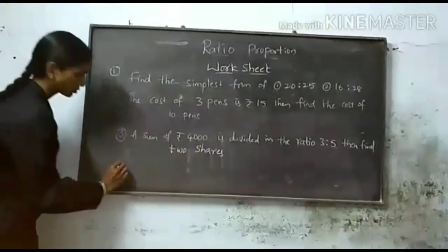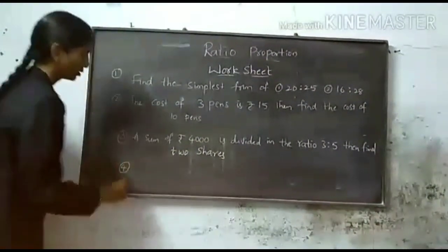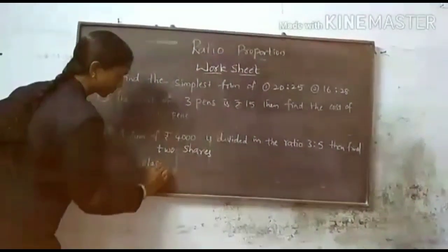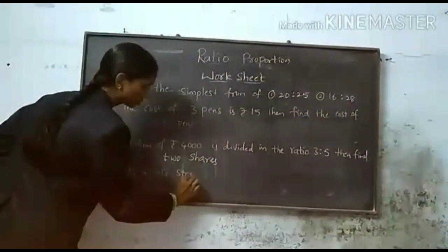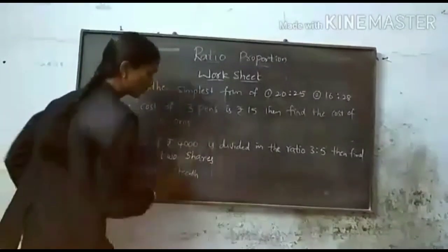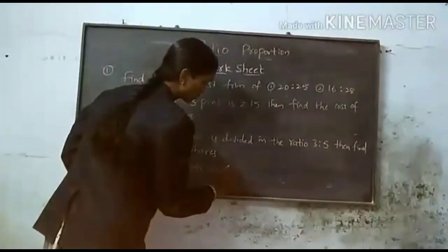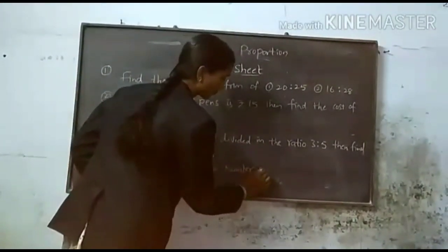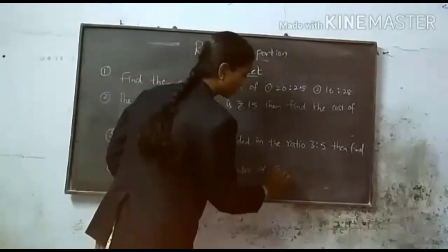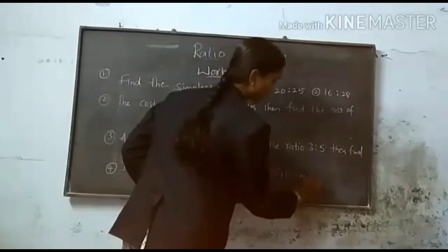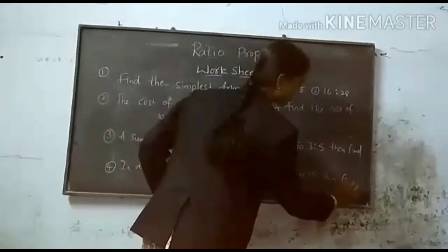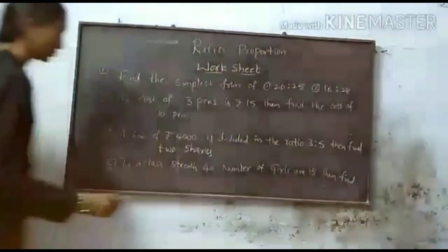Next, in a class, the strength is 40, and the number of girls is 15. Then find the ratio of